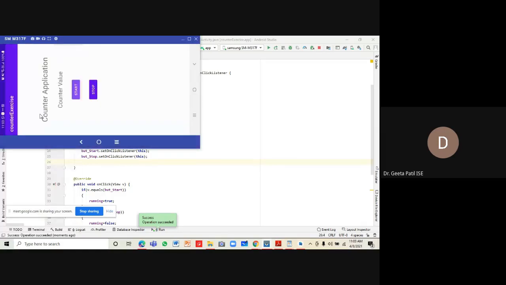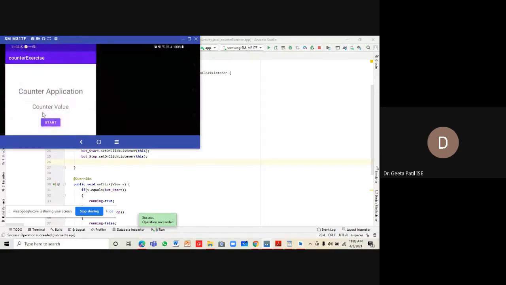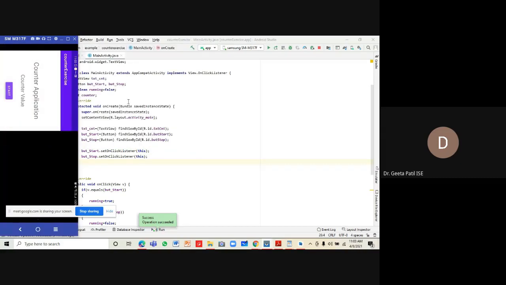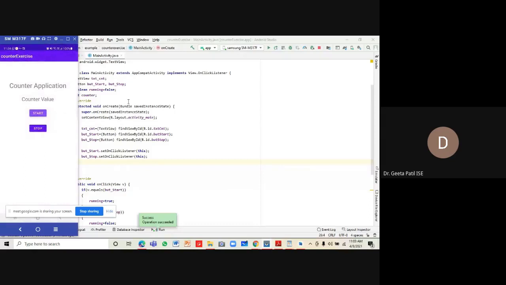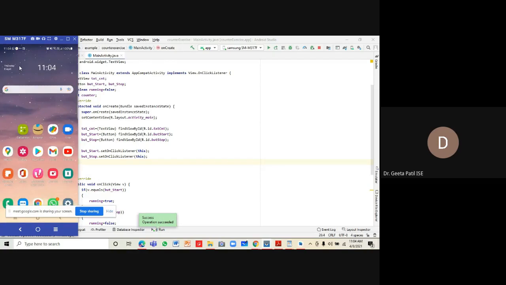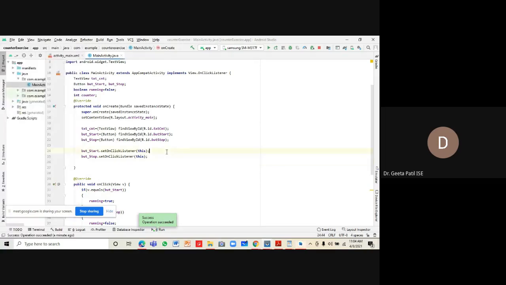Still nothing is happening. But then I got this message, counter exercise is not responding. Close app. Let me just close this app. Our app has crashed.